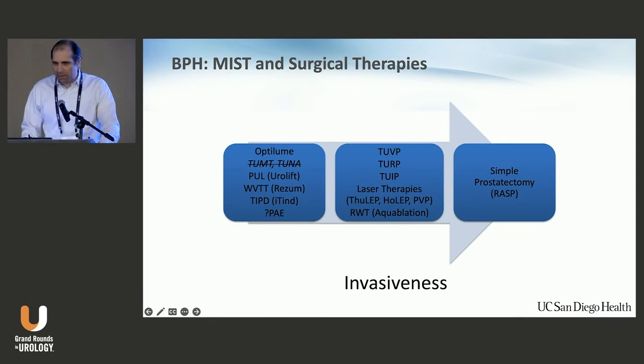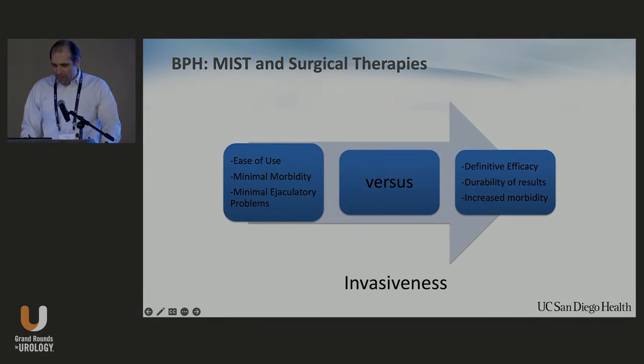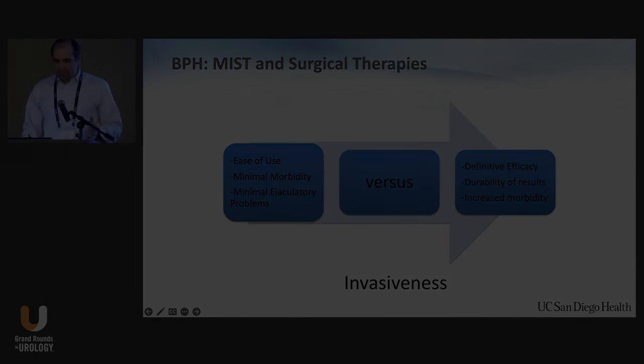and then as you progress, you get the more surgical interventions: the TURP, the TUIP, the laser therapies, and ultimately a simple prostatectomy. And so on the spectrum, we go from ease of use, minimal morbidity,